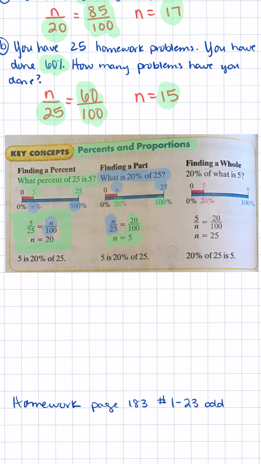And 20% of what is 5? What number is 20%? Cross multiply equals 25. This chart right here is also in your book, because it gets confusing when it says